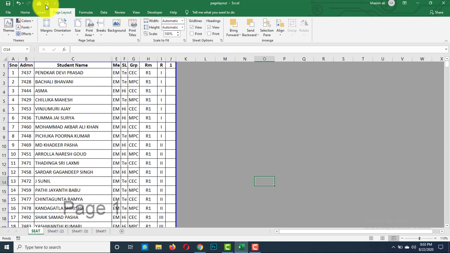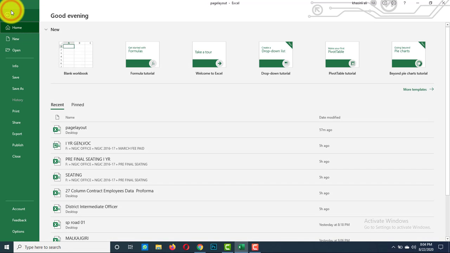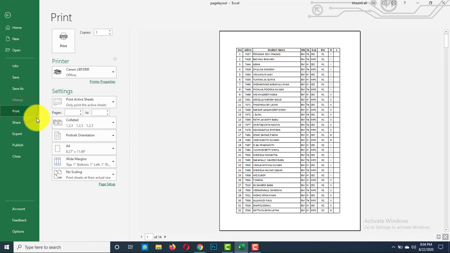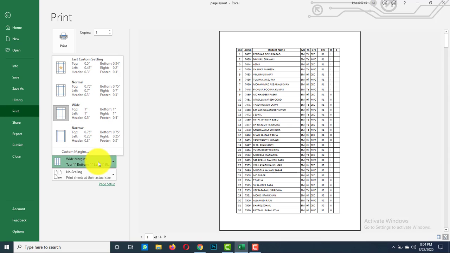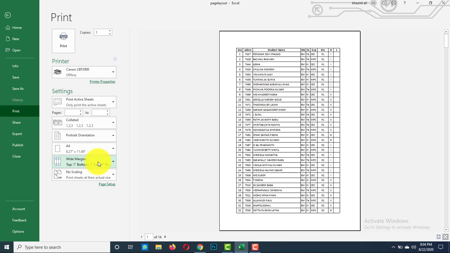See, with this we complete page setup option. You can access most of these page setup options from print preview also. We have already seen, see, here in print preview option, you can select your orientation, your page sizes, and your margins also.